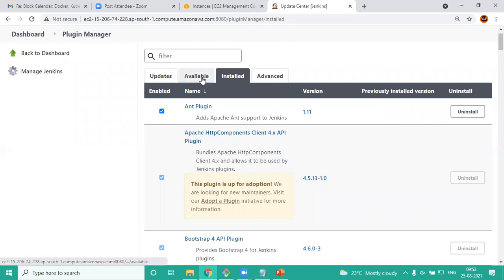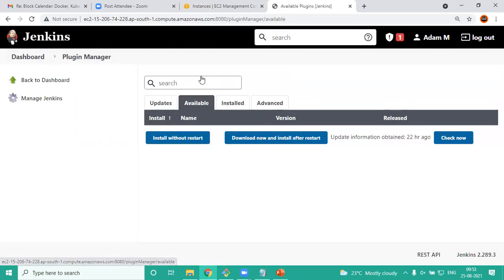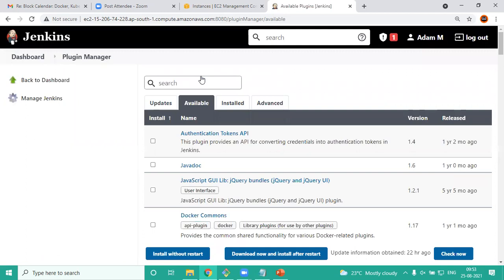then you should go to Available tab. And here, it will show you all the plugins which are available in Jenkins. So another advantage of using Jenkins is it has tons of plugins for different kinds of tools and commands that you want to run. So that way, you need to first understand what it is that we are going to automate, and corresponding to it, what is the plugin that we need to install. Okay. Now, right now, I don't want you to install anything, but just know what you have to do for